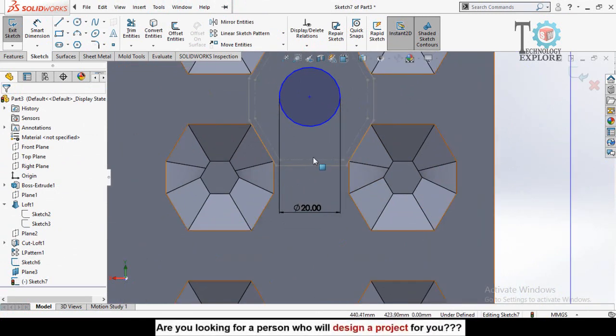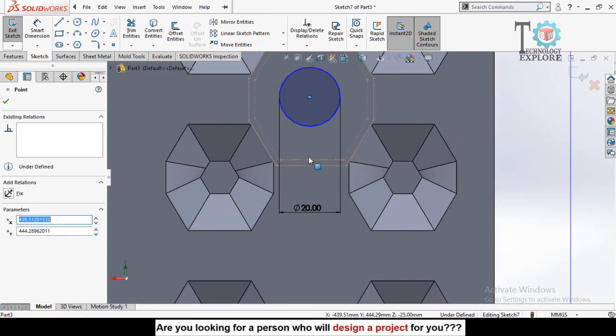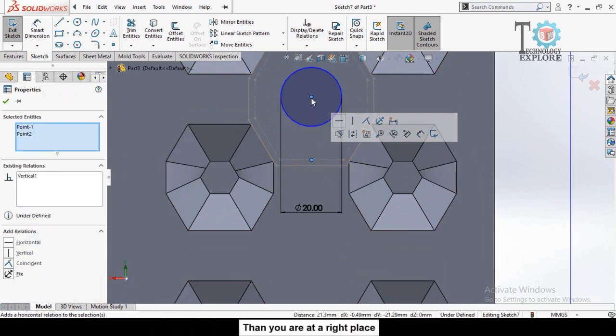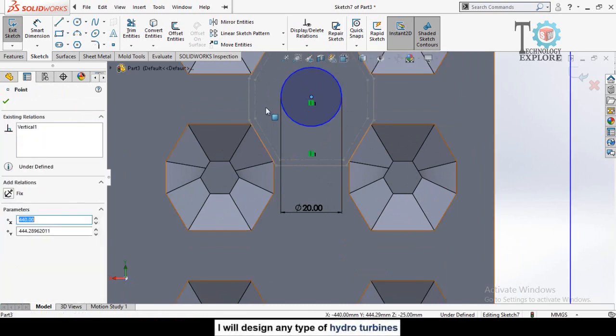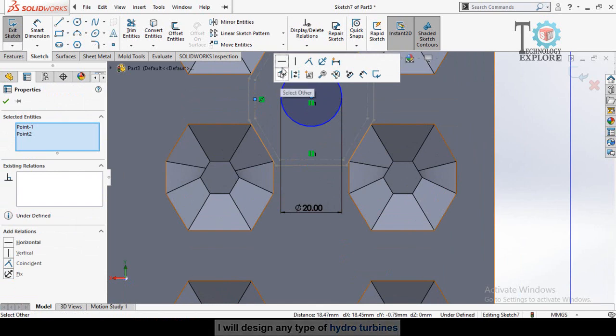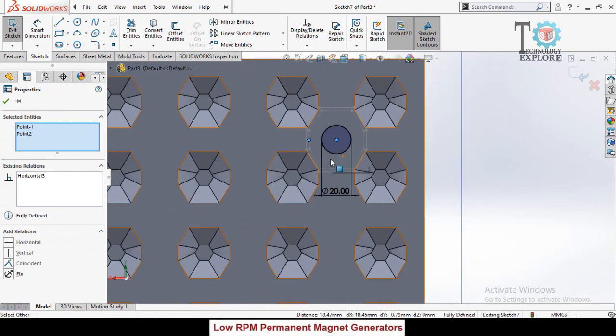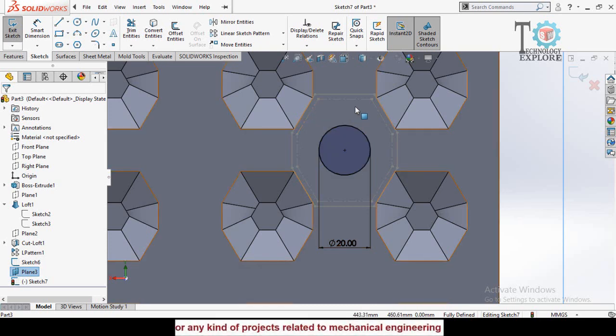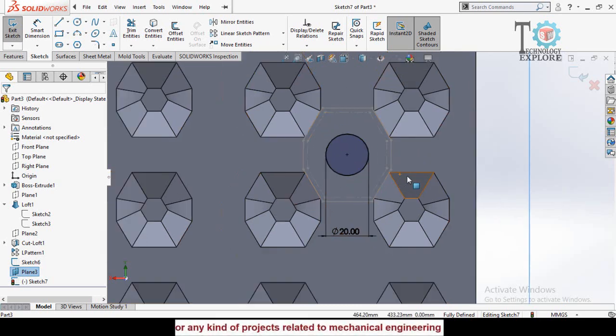Press and hold Ctrl key and then select this center point and this midpoint. Make the relation vertical, and again select this center point and this midpoint. Make the relation horizontal. Basically I am going to make this circle just in the middle of this polygon.